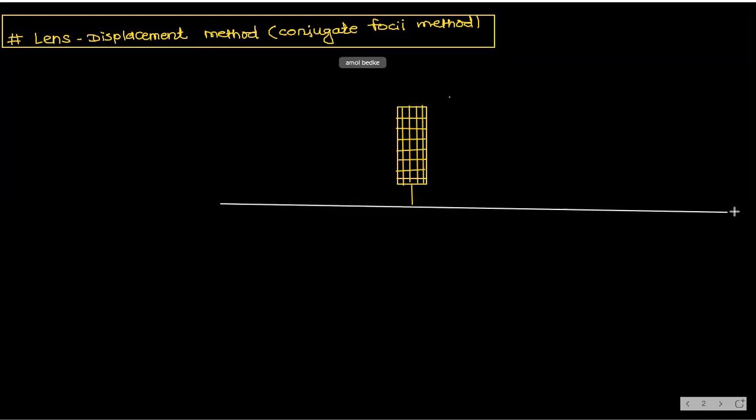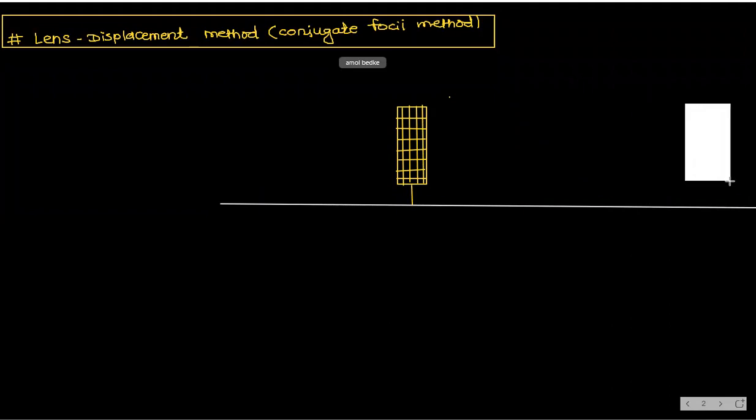And now we will take one screen. This white one is nothing but the screen. So this is mesh, and here is screen.